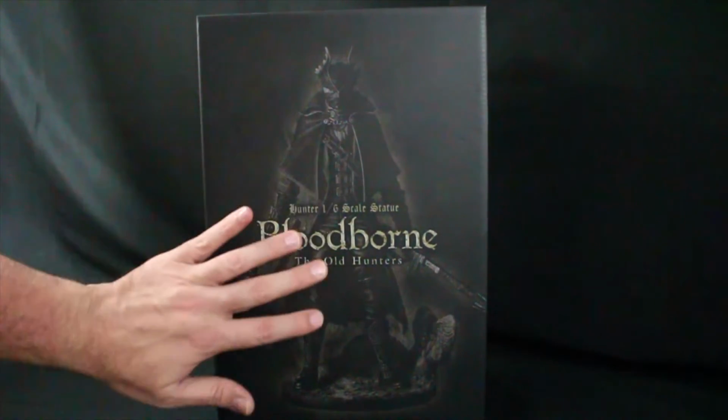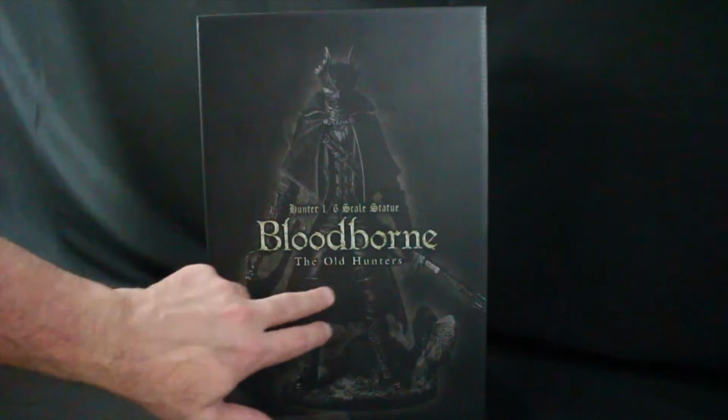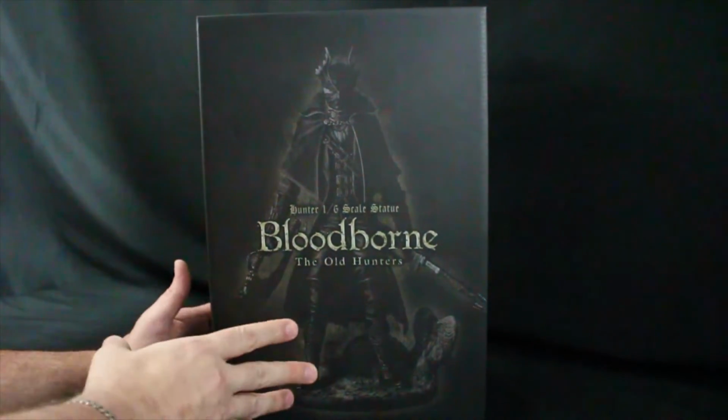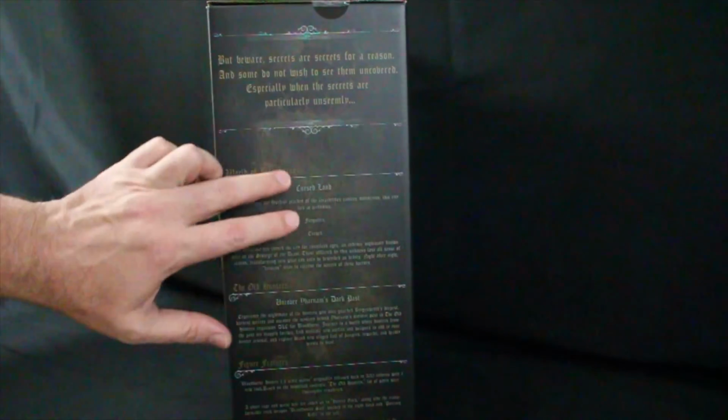On the front, you have a picture of the statue. It does say Hunter 1/6 scale statue Bloodborne, and you have the base and the figure and the two different weapons he comes with. On the side, and I'm going to have some HD photos of the box if you want to pause and read any of this information as it comes up, it just has different information. It's got a saying right here that says,